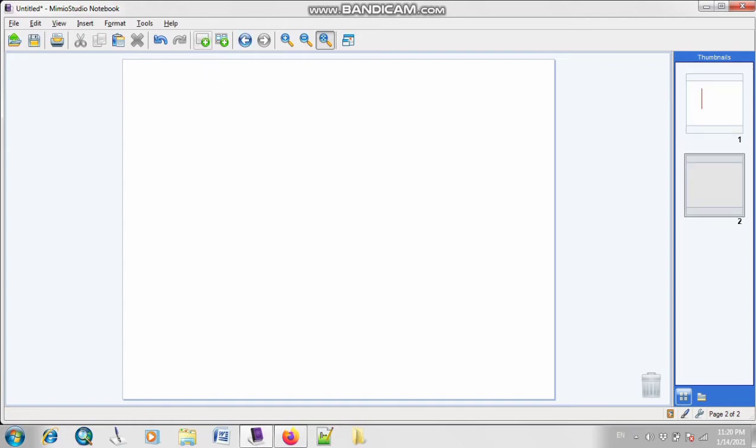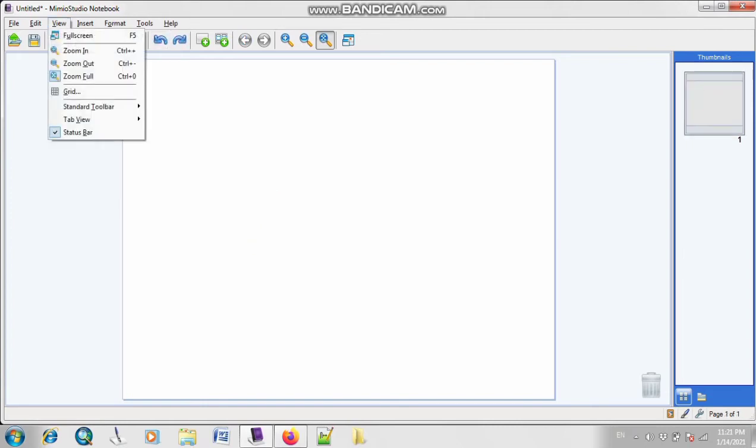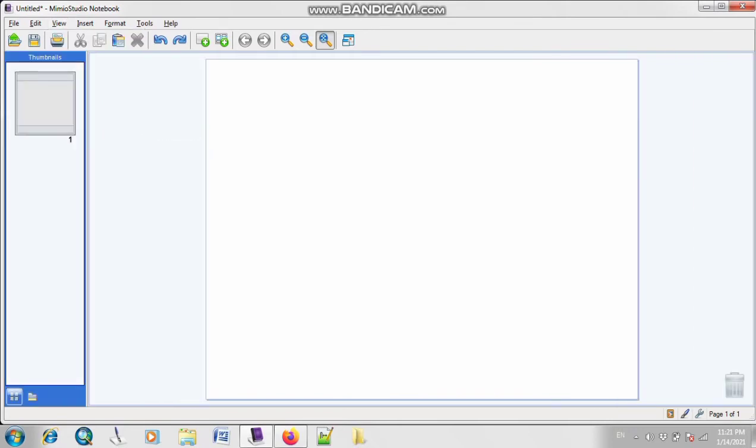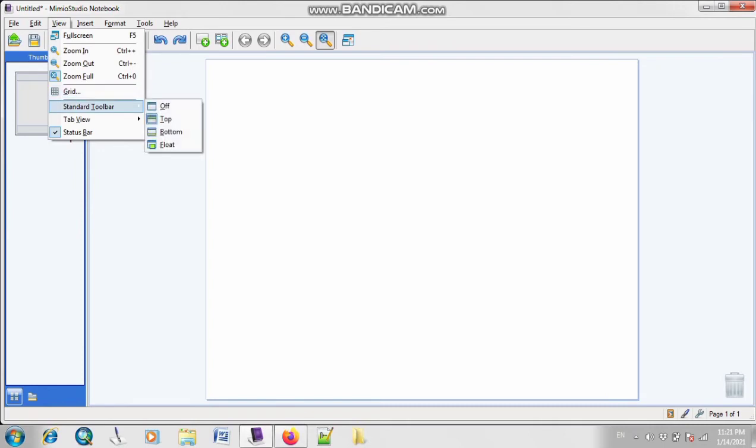Let me take a new page. So this is page 2. I will write 2. Basically tab view shows how many pages you are using right now and in which page you are working right now. I'm just going to erase it. So this is your tab view. You can also move right, left, and if you don't want to keep this tab view, you can click on this option of off.